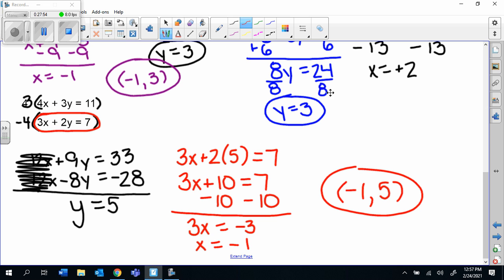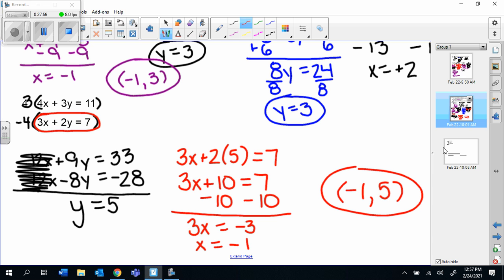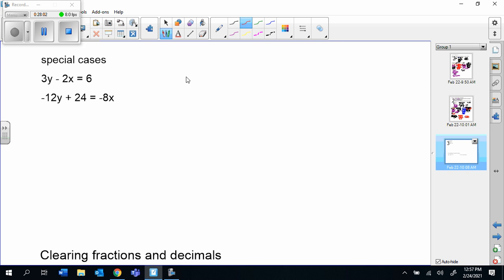I was thinking about my mistake, and I was concerned. On this case right here, next page, I have special cases, and I was already thinking about, I hope this works out to be the one case that I didn't do, because my hard copy of all these notes is across my classroom from me. All right, let's look at this special case. We have a problem